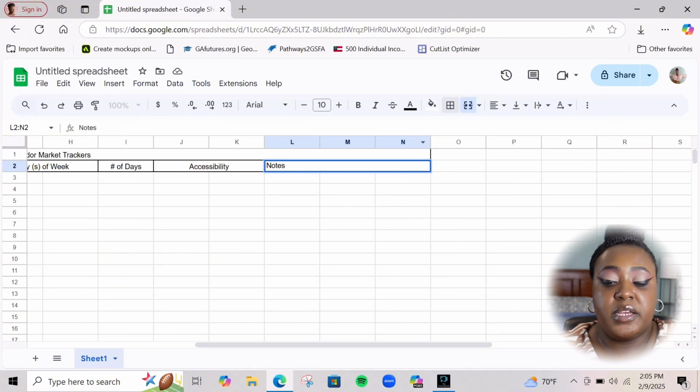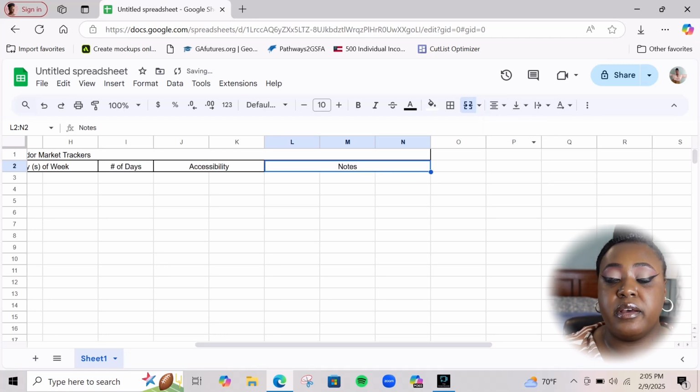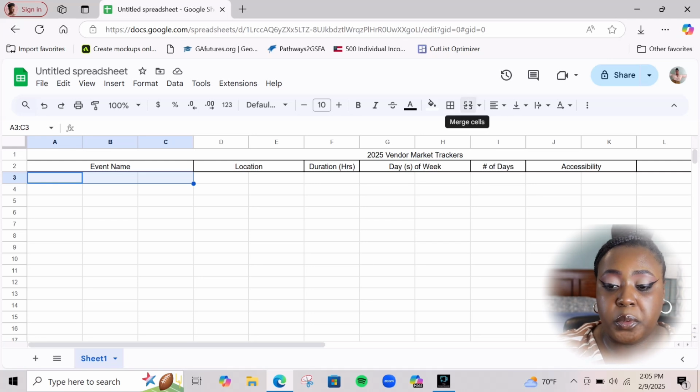So here I like to make notes of whether it's a heavily trafficked area. Was the booth or the table setup that I was at highly trafficked compared to another side of the market event? Traffic in general is a big thing to keep in mind when you are working your tables during the event. So for the event name, you're going to want to go ahead and merge cells again,